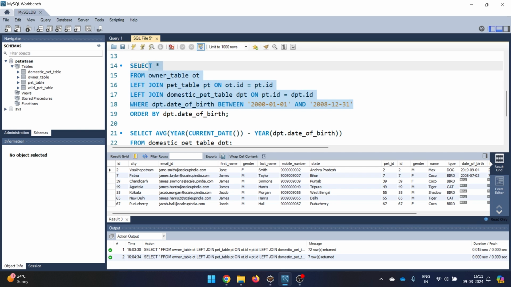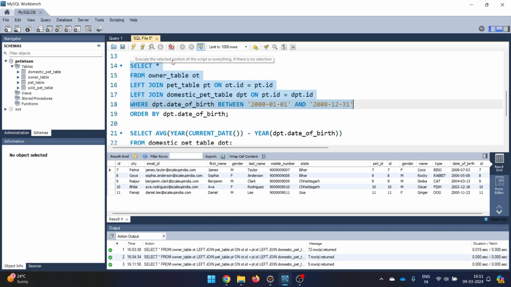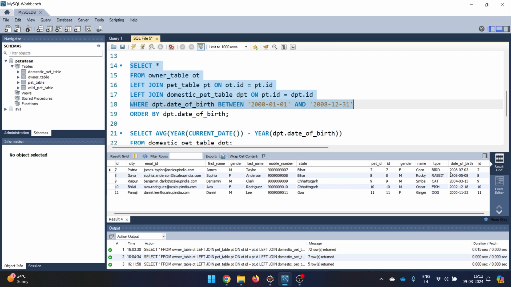So if I just execute this much, first of all let's execute this. We can see that we have 5 owners whose pet was born between this particular range. And if I scroll here, you can see their date of birth also. So you can check the data. As of now, it is appearing this way, the ID 7, 8, 9, 10 and 11,